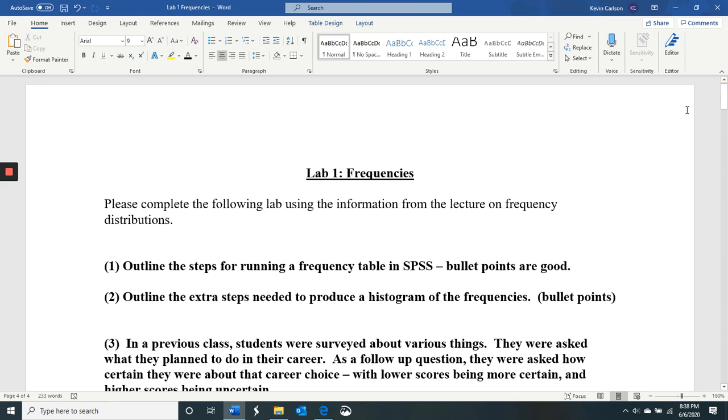And so that's your first lab. Again, all of this stuff is really explained in detail in the lecture. If you have any questions about how to do the lab, let me know. Basically, what you're going to be doing is typing your answers into this Word document and uploading the Word document into